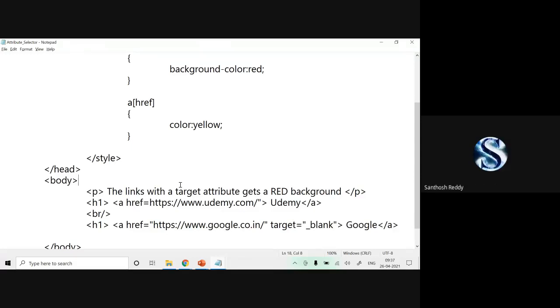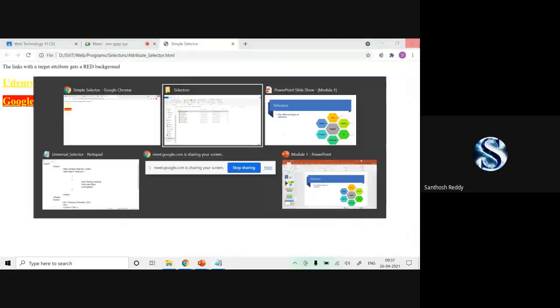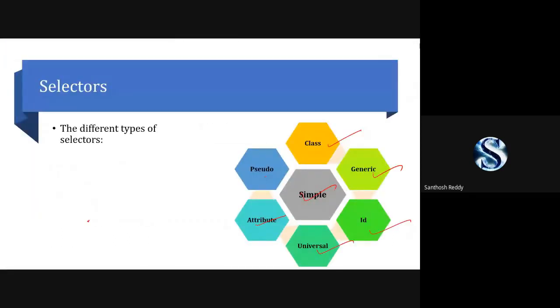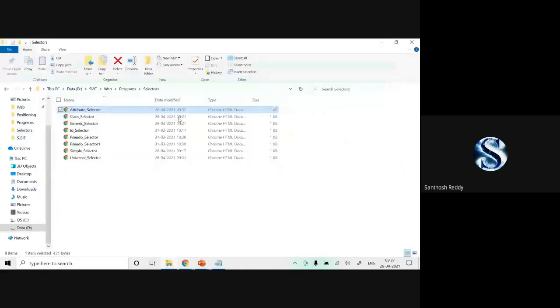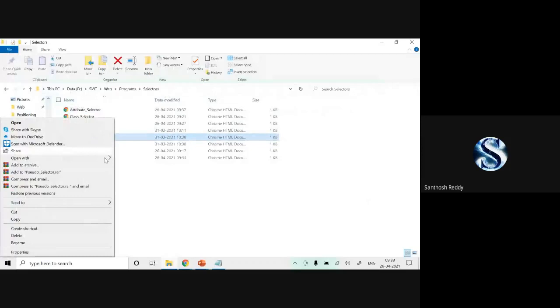Yes, sir. Okay. Last, only one selector is remaining, which is the pseudo selector. What do you mean by pseudo selector? Can anyone say that?